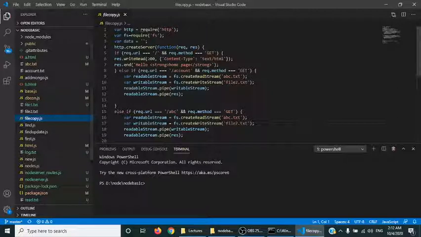We are creating an HTTP server. We are using fs.readFile. We are creating an empty data string. We are creating the server request response function, and for the slash route we are just calling the home page. But for the second route, slash account, what we are doing is reading